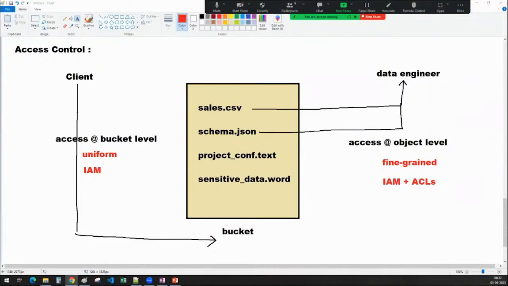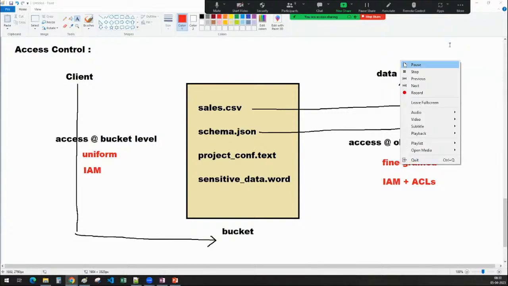Initially, if you select uniform, so whatever object we are creating for a particular fine grained also, it will first